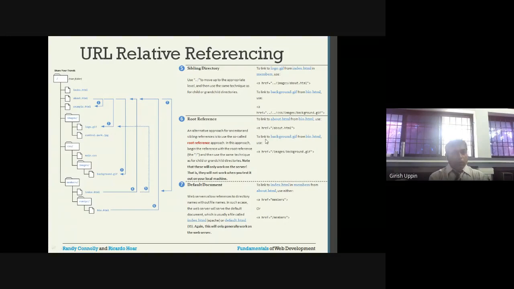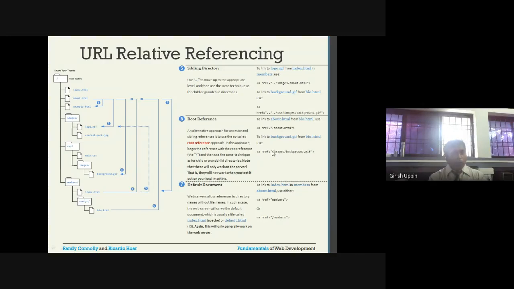But if you try to do it on the client side, if you are working on some HTML, don't use the slash here. It will not work on the client, because you are just loading the page in the web browser. It will work when it is running on the web server. So slash always means that it is referring to the root.